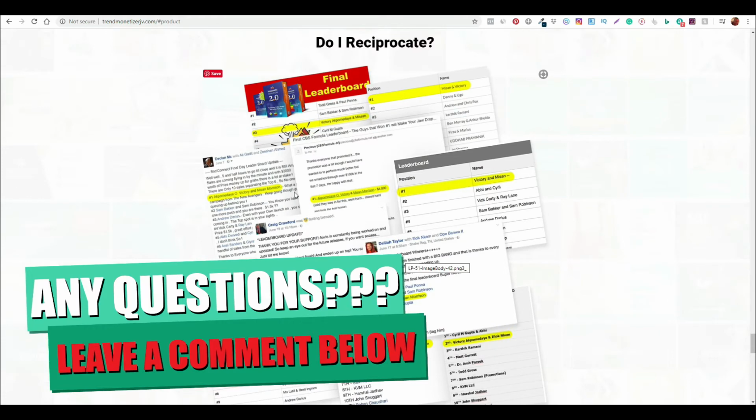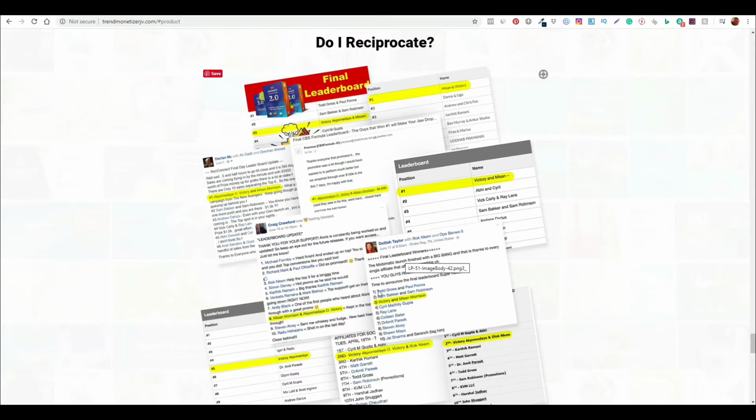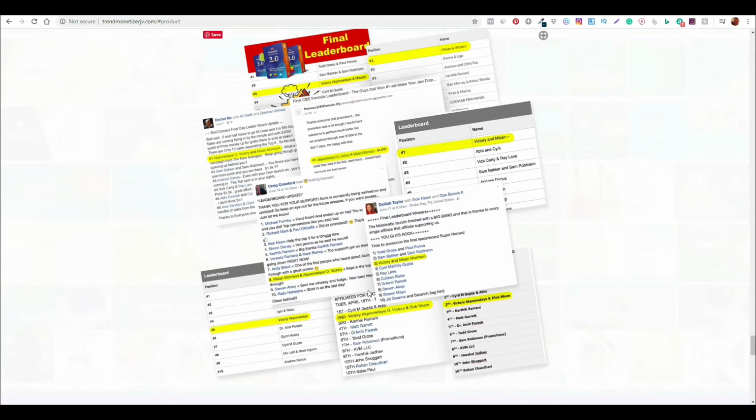So going back here to these screenshots, again, you don't know how true these actually are, because we don't know the actual sources of where they came from, so you just have to take everything with a pinch of salt.